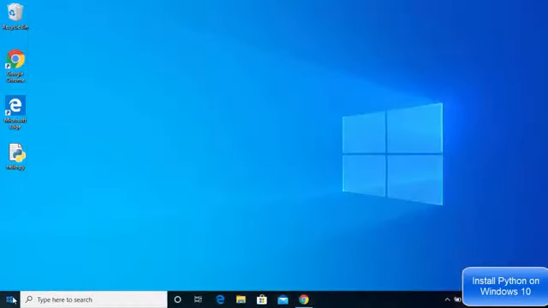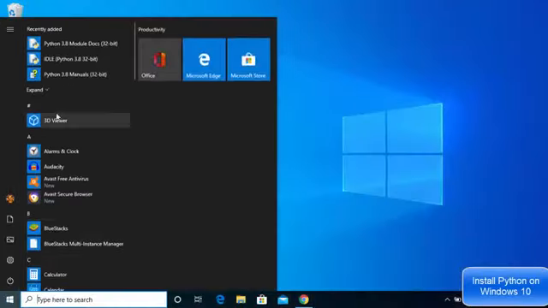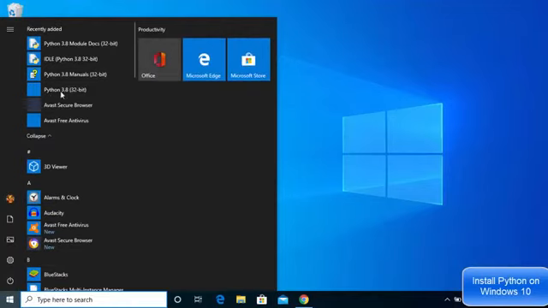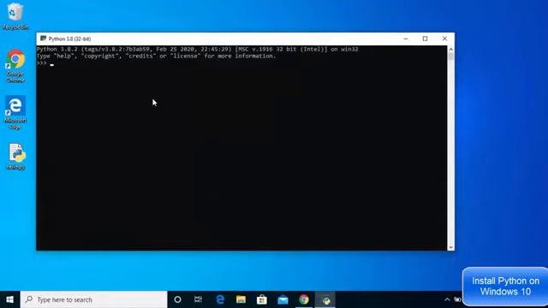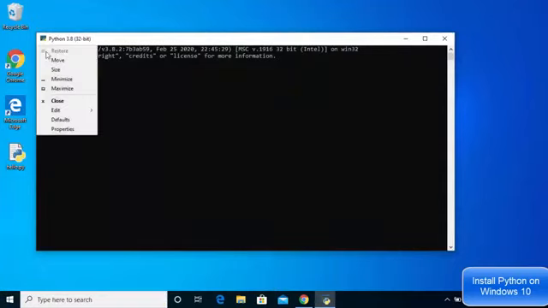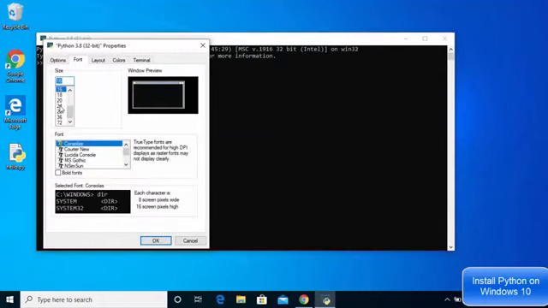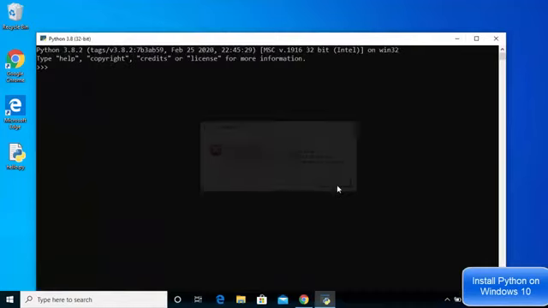As you can see in the start menu, Python also comes with the Python terminal. So I'm going to just click on the Python terminal option now, and here once again you can change the font size by just going to the properties here, and then increase the font size to, let's say, 20, and then click on OK.